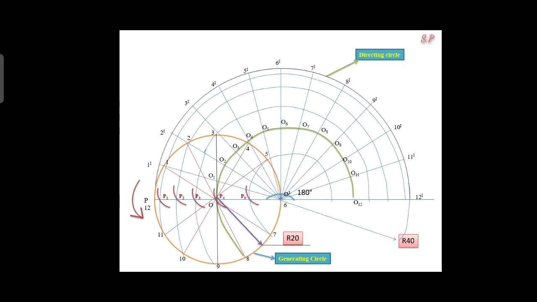You see that P5, and you will get P6 here and P7. O7 is the center and you will draw the arc on the 7th point locus. You will get P7 here and this is P8 and P9 and next P10 and P11 and finally P12. All points you got. Then finally you will join all the points from the initial point P. You will get a straight line.